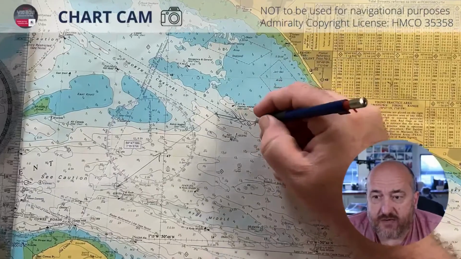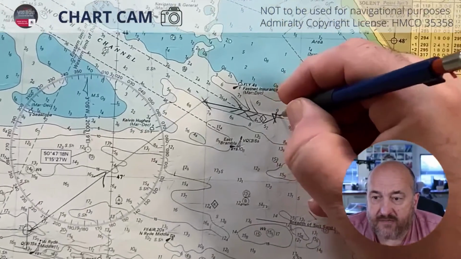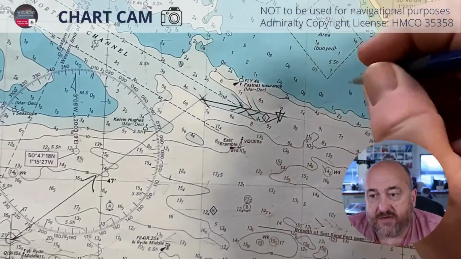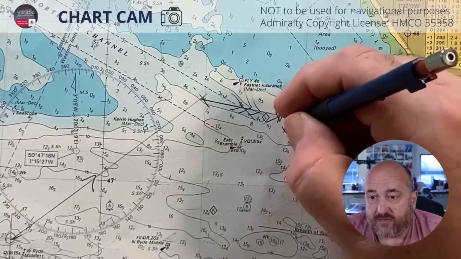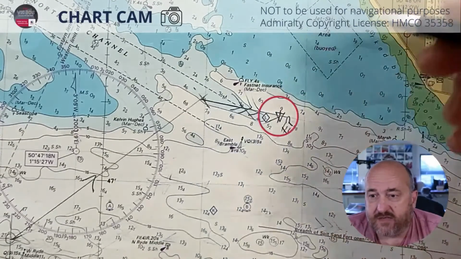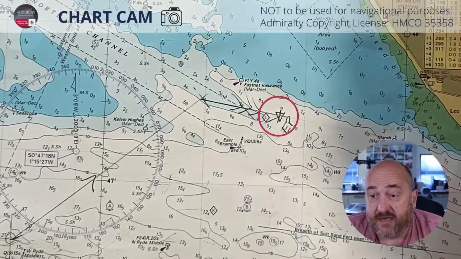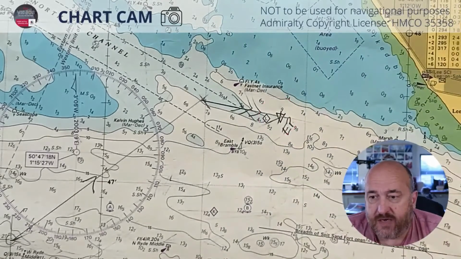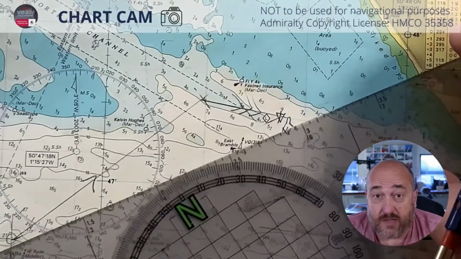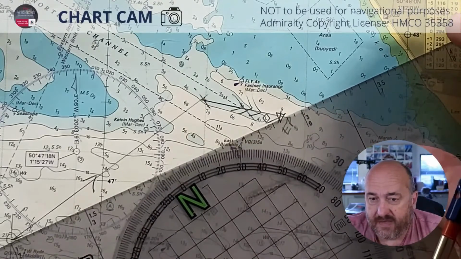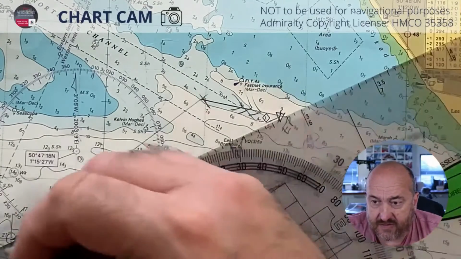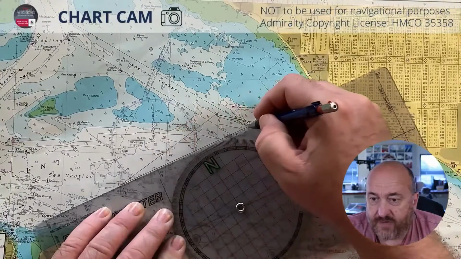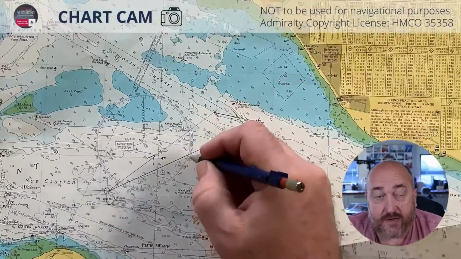So we put a triangle around the end of that line, like so, and that's our EP. I'll just write EP there, but the triangle tells us that. And we could put a time by that. If we were navigating, we'd put a time by it so we knew that that's where we estimated we would be at that time. Now if we join the two ends from our fix to our EP,